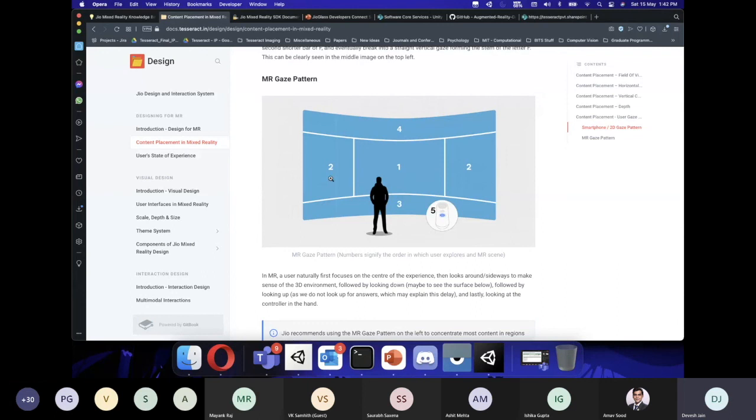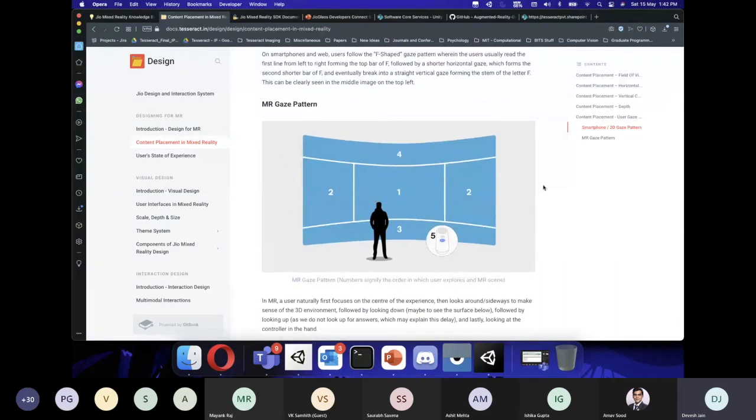Similarly, we did some research and also took a page from Oculus, Magic Leap, and HoloLens researchers and compared notes. The user looks to the front immediately, then they tend to gaze left and right, then below, then on the top, and lastly they gaze at their controller, just to see whether the controller is visible in XR or VR or not.